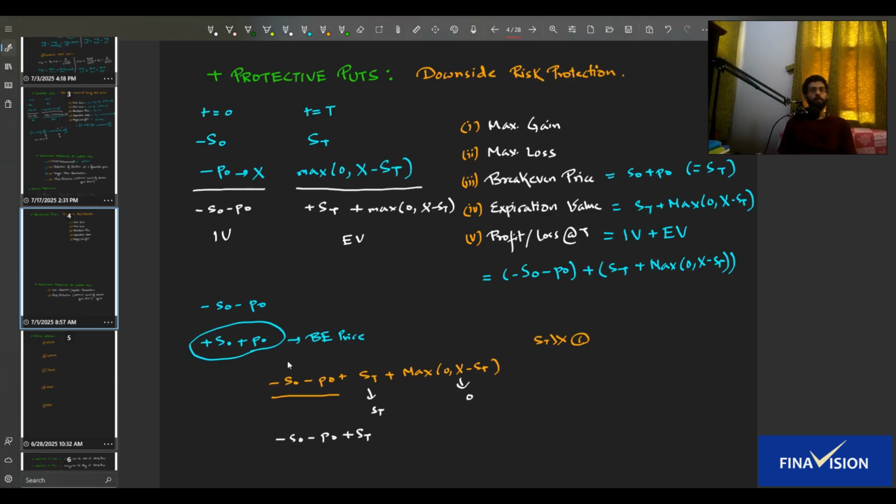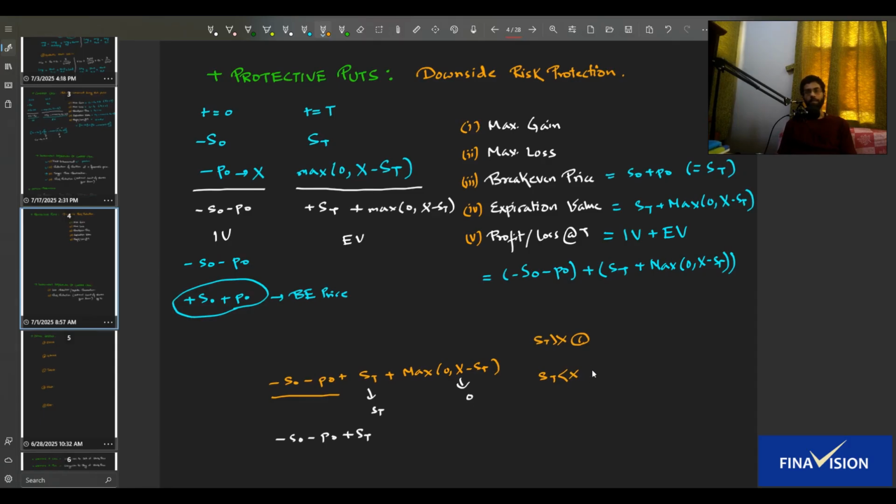This is scenario 1. Now let's consider scenario 2. Let me reposition the break-even price here. Let me take a scenario 2 where ST is less than the strike price. In this case, the option has a value, and what is the value? That is X minus ST, right? The price of the stock obviously is ST. So the entire cash flow becomes basically ST and ST cancel out, and the cash flow becomes X minus S0